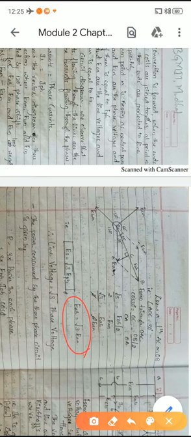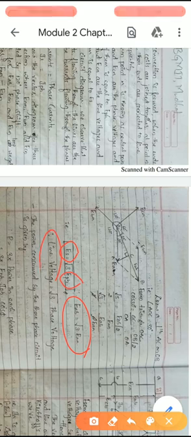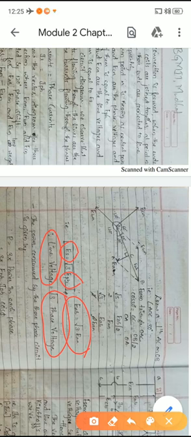EAN. But what is EAB? It is a line voltage. What is EAN? It is a phase voltage. Therefore, the conclusion is what? The line voltage is root 3 times the phase voltage. Right? So in case of star connection, the line current and phase current are the same, but the line voltage is root 3 times the phase voltage.